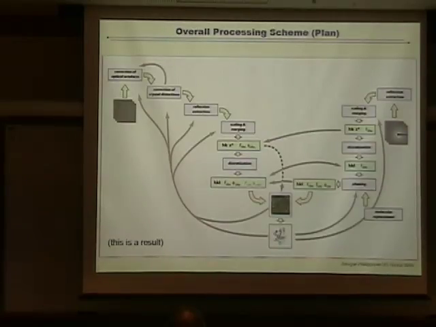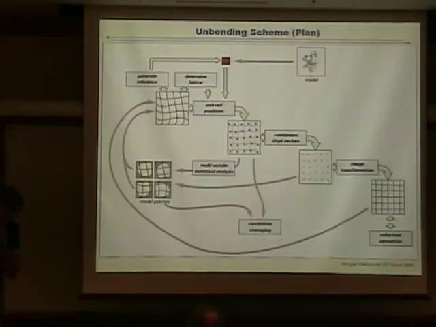Now, one thing I find very important, this is actually a result, this graph. We see this as a result because it's been several hours, days-long brainstorming sessions over the last 2 years, and I had another slide which I didn't put in, which is the detail of how we now distribute the task. Because you see, each of these boxes is fairly independent of the other one, so you can just give this out to collaborators. And I want to focus on this thing here, which is the unbending scheme. It's also a plan.